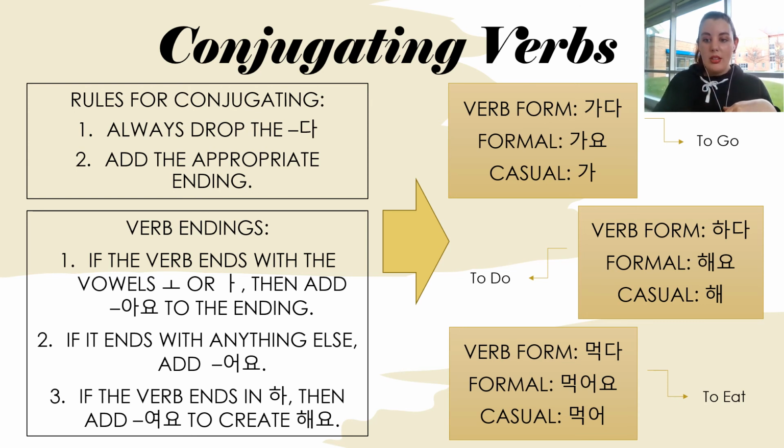The next example we can see is 하다, which means to do. And like we saw in that rule number 3, we literally just make that 해요. And then the casual form would be 해. Okay, so this applies to not just 하다, but anything that ends with the ha after the verb stem. So for example,